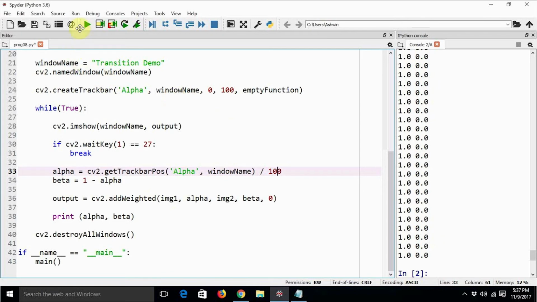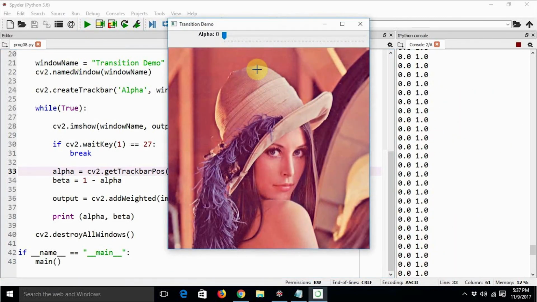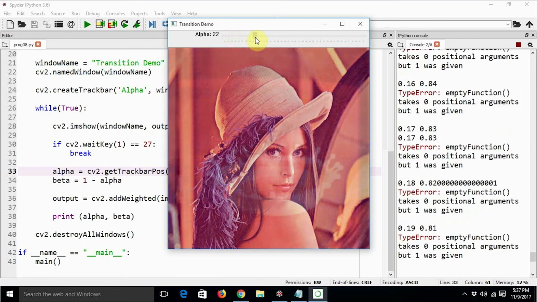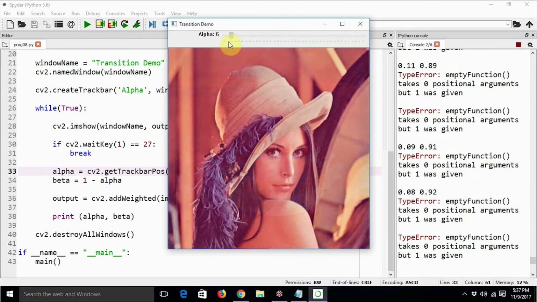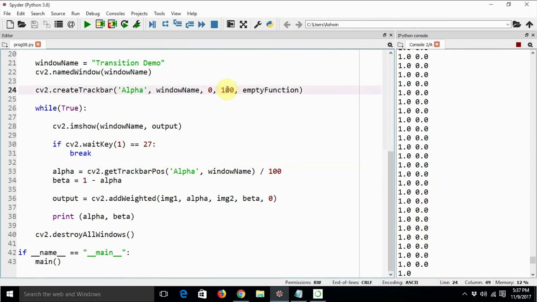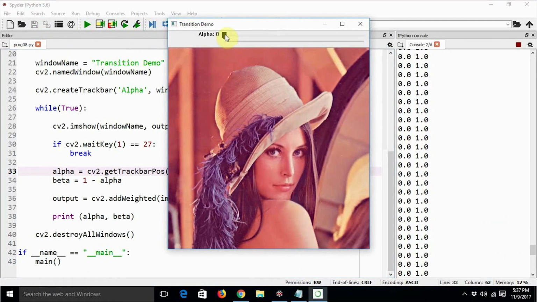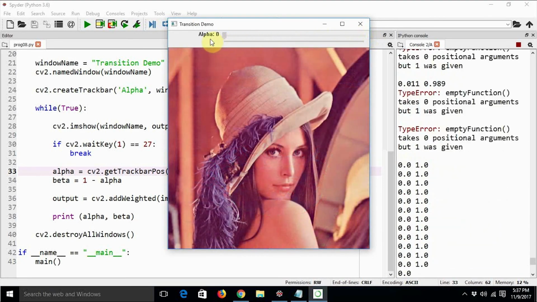So let's execute this code again to see how it runs. There won't be much difference in the execution, except the slider will be smoother. As you can see, the slider has 100 intervals and it's very smooth. Same way it is going to be even smoother if you make it 1000. So let's see what happens when we make it 1000, and it's kind of fun actually. Let's execute the code again. You see, the slider is very smooth. This image transition is very, very smooth.